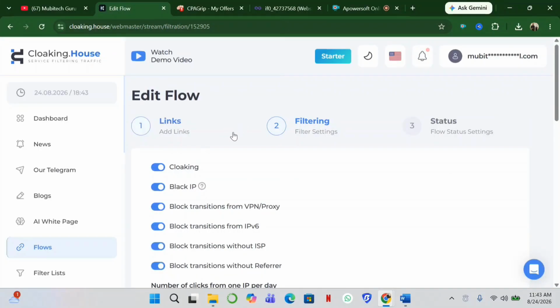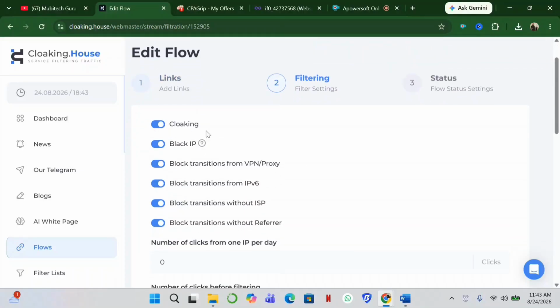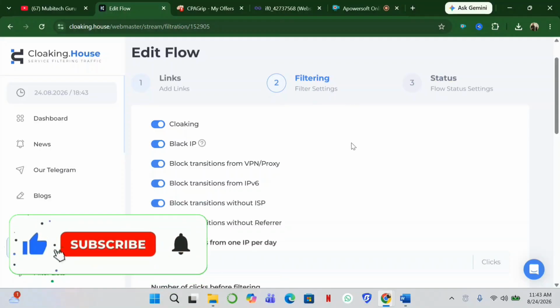So now this is the most important aspect. Again, another second most important aspect. You see this clocking. This is where the work is. This is where the real security is in this platform, and this is where you are really securing your account. So you need to leave all this tab active